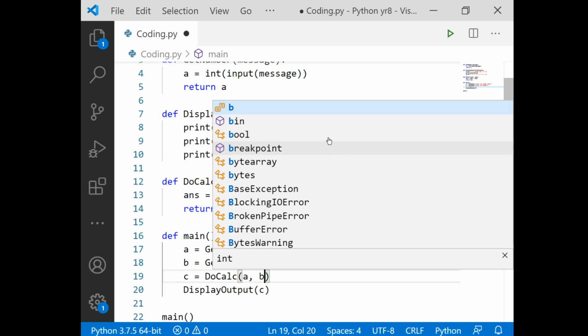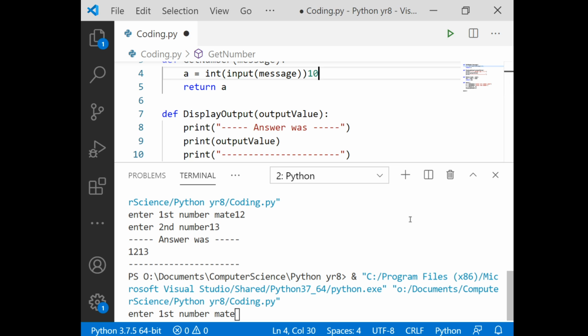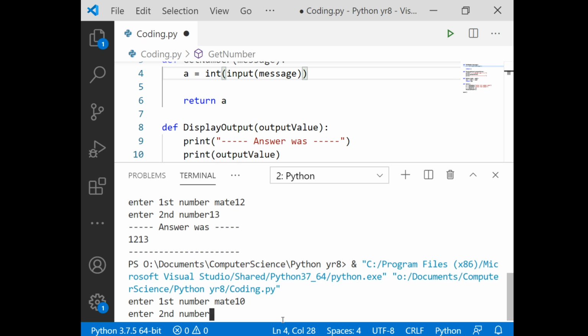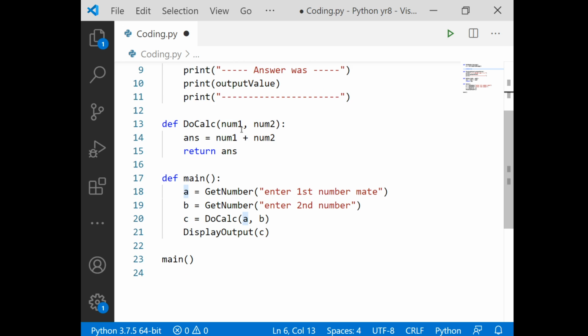So let's just verify that that runs. So I'm adding up my two numbers. I'm going to pick numbers that I know. So I'm going to have 10. Oh, I've done it again. I don't know why I don't automatically put the cursor down there. 10 and 30, which should be 40. Hey, 40. If I want to change the calculation, I don't have to alter this. I just alter it here.